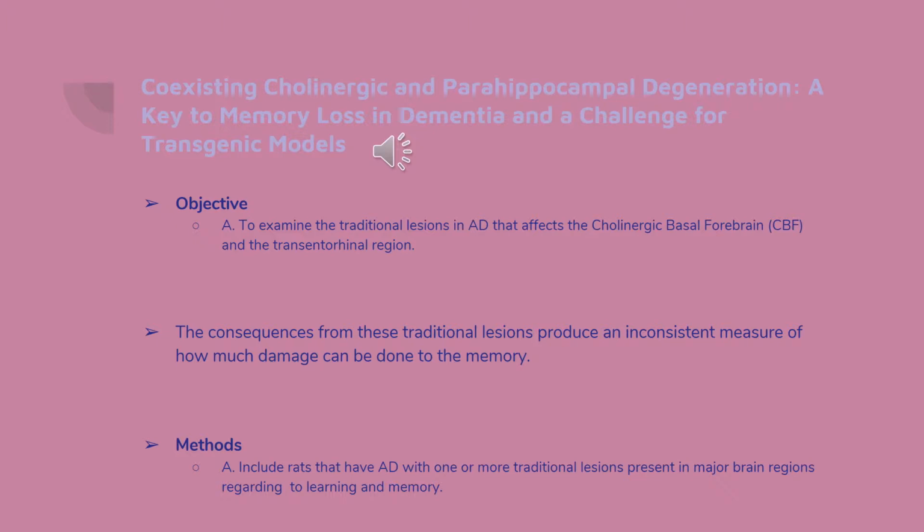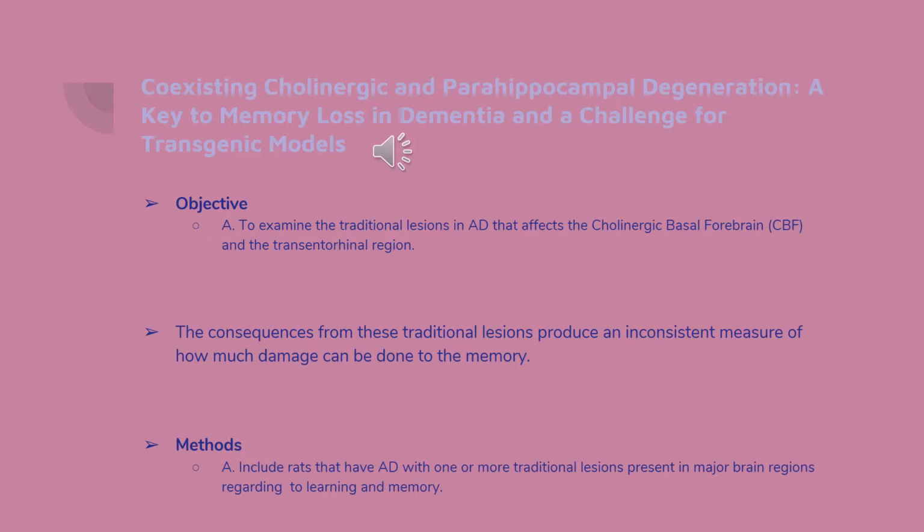The objective in this study is to examine the traditional lesions in Alzheimer's disease that affect the cholinergic basal forebrain, also known as CBF, and the transcentral region. The consequences from these traditional lesions produce an inconsistent measure of how much damage can be done to the memory. In other words, during this study, it was hard for them to determine how much damage is done to the memory